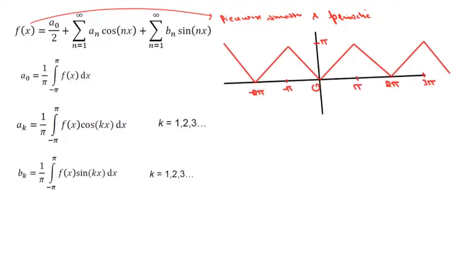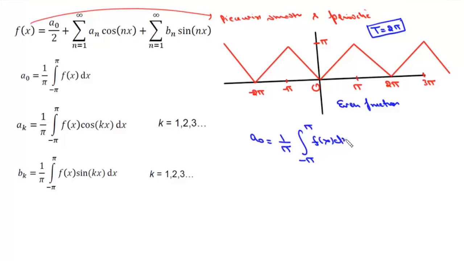Now we are given a ramp function, which again is 2 pi periodic. So in this case also, the period of the function is 2 pi. Now this function is symmetric about the y-axis, and therefore it is an even function. Now we have to find its Fourier series, and for that we'll find a0. Now a0 for this series will be 1 upon pi, and then the integral from minus pi to plus pi f(x) dx. Now this f(x) is an even function, so we can write this as 2 upon pi, and then the integral from 0 to pi